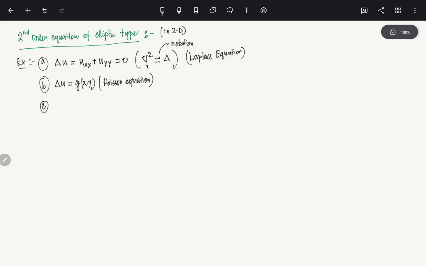Now there is another very important equation. This is called the Helmholtz equation, and the equation is minus Laplacian of u equals lambda u. This is again a very fundamental equation. I will tell you why. The name of this equation is the Helmholtz equation,